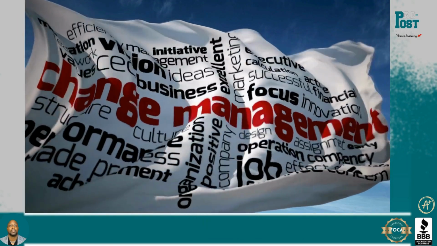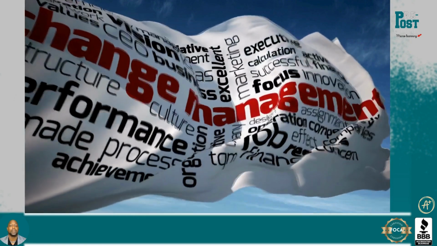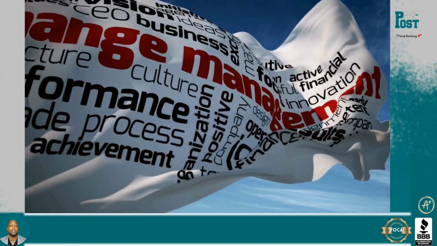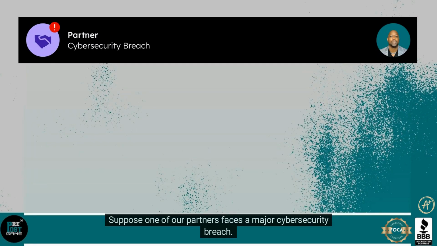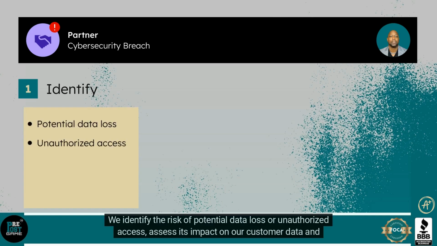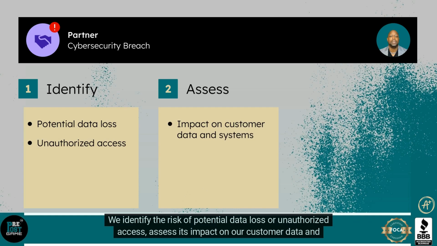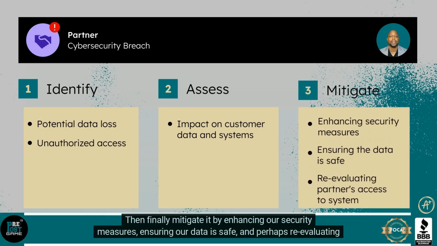Theory is great. But development, implementation and execution is where the rubber meets the road. Let's take a real-time day-to-day example. Suppose one of our partners faces a major cybersecurity breach. This could be through their social channels, website or data stored on their server. We identify the risk of potential data loss or unauthorized access, assess its impact on our customer data and digital rights management, also known as DRM systems. Then finally mitigate it by enhancing our security measures, ensuring our data is safe, and perhaps re-evaluating the partner's access